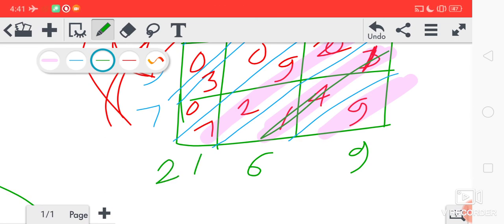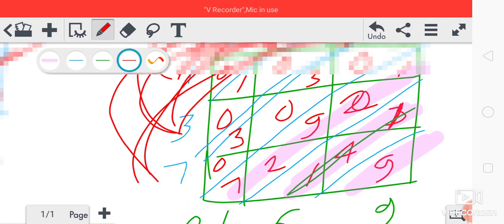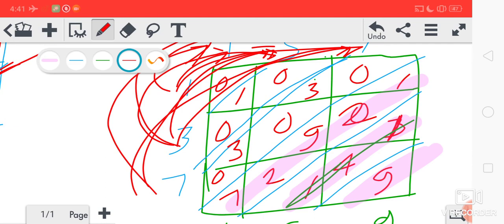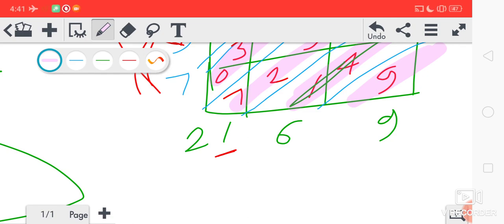Okay, and the first digit we will underline. Then come to the next diagonal. How much we'll get? 0 3, 3 plus 3 is 6, and this 2 carried, 6 plus 2, how much we'll get here? 8.